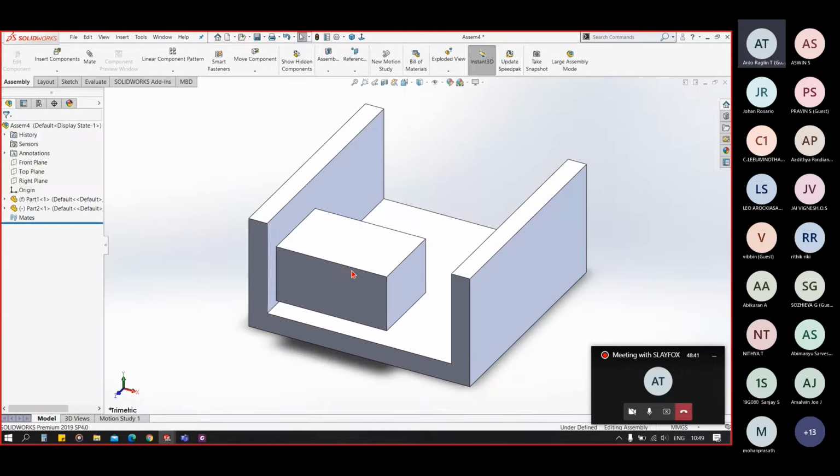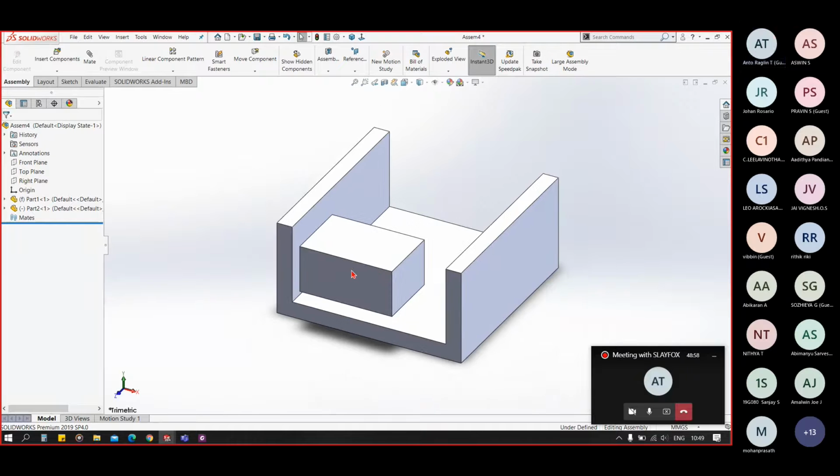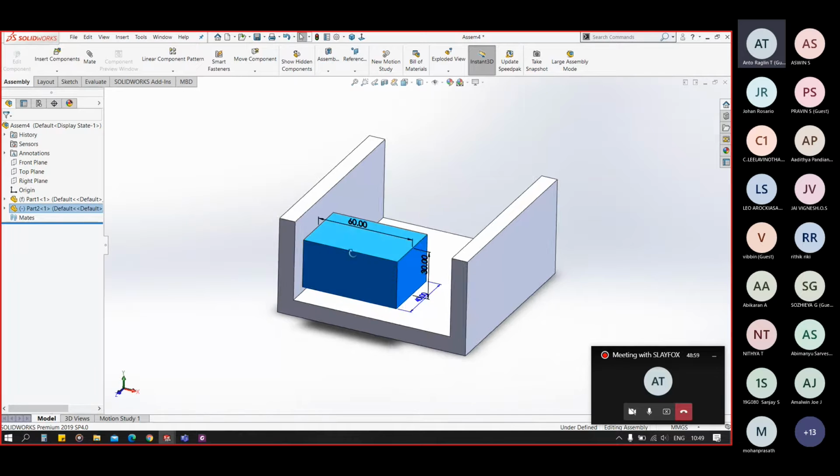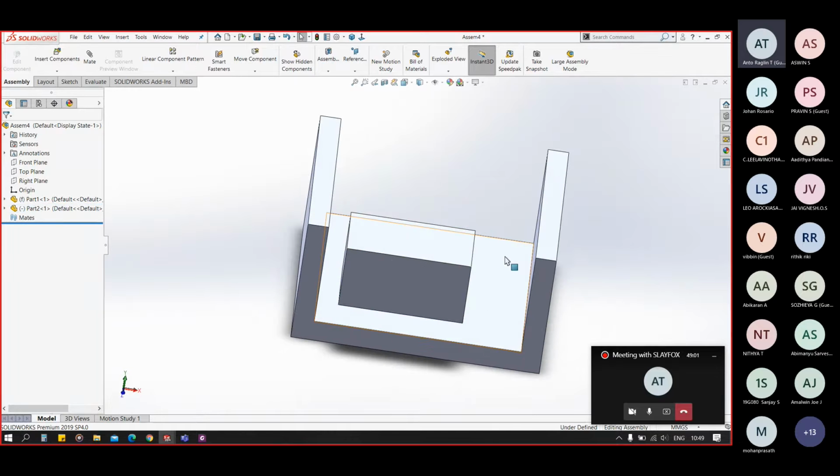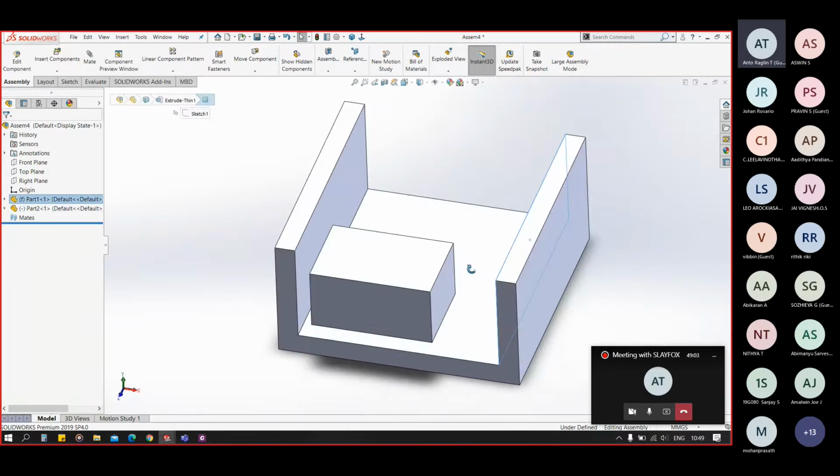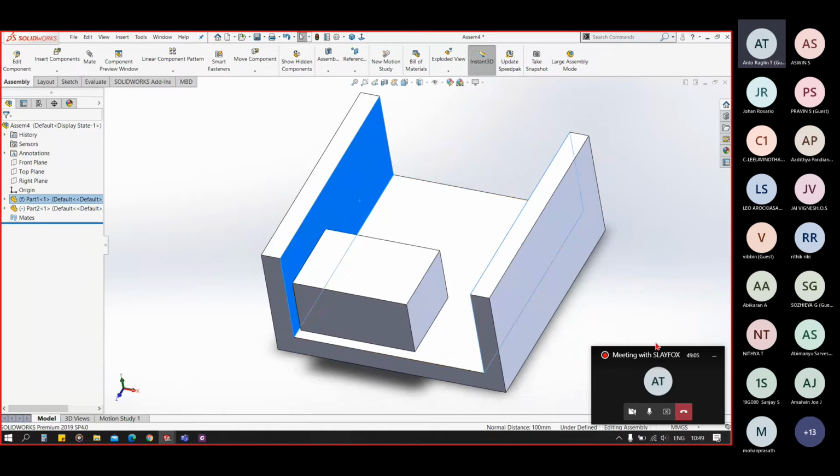Let's suppose we want to add any part of which we do not know any dimension or its length to the perfect center between the two faces. So now let's say this is 60 mm and the distance between these two faces is 100 mm.